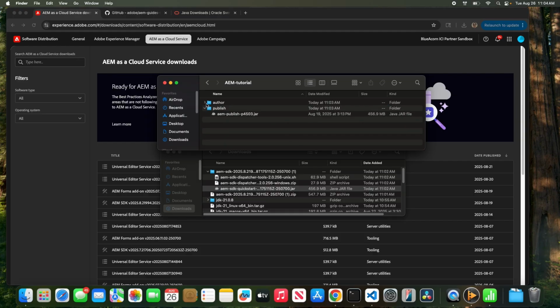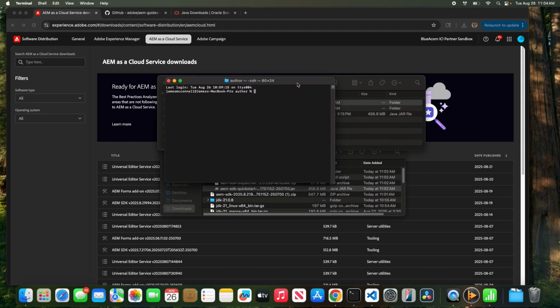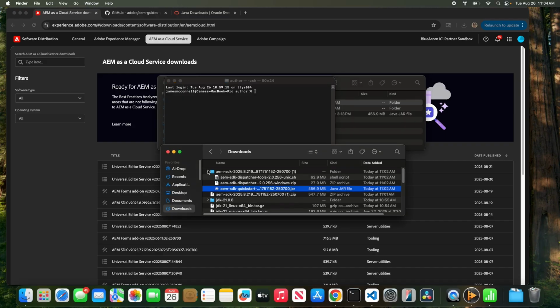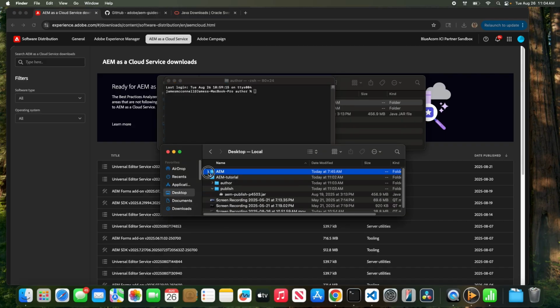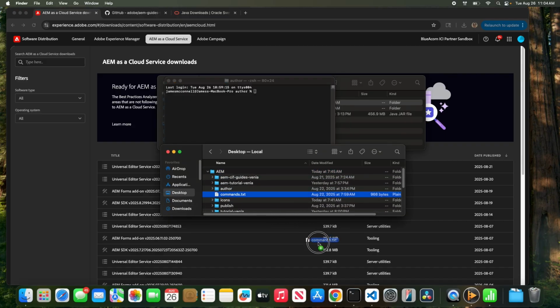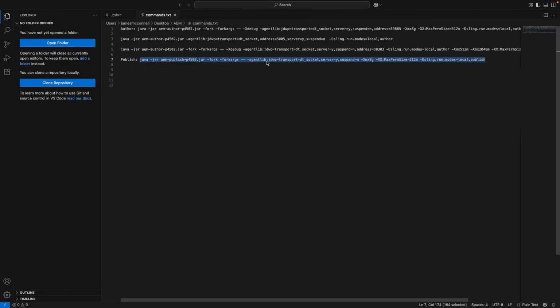We'll go ahead and start our author server as well as our publish server. So I'm just going to drag my author folder right onto my terminal. It's right here now. I then need to get the command that I'm going to use to start my author server, which I keep in my commands file here. Go ahead and put that onto the